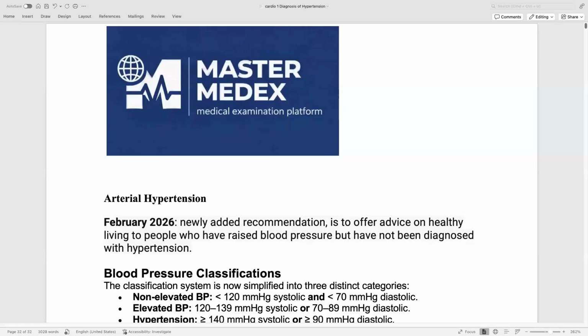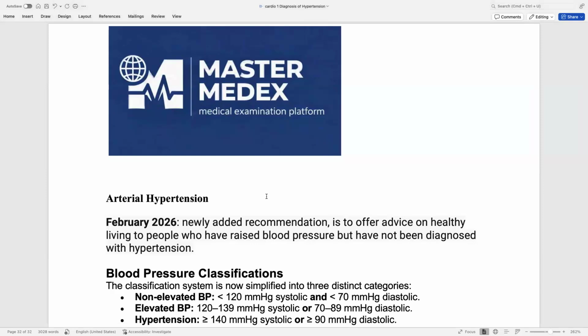Bismillah ar-Rahman ar-Rahim. Today, inshallah, we will discuss the first session in the cardio, which is hypertension. Hypertension, or high blood pressure, according to the last classification,